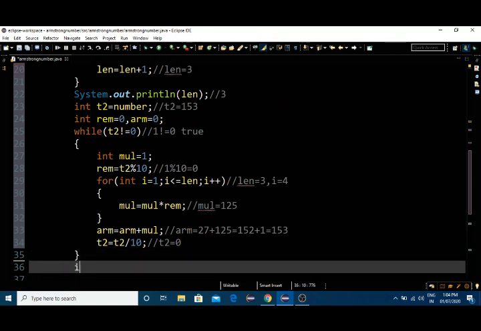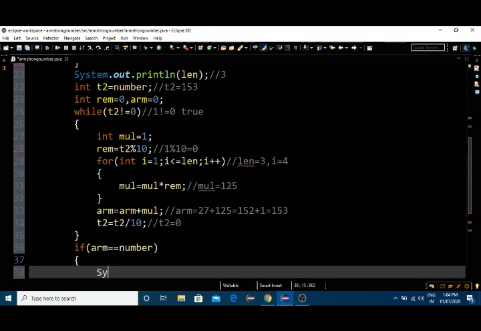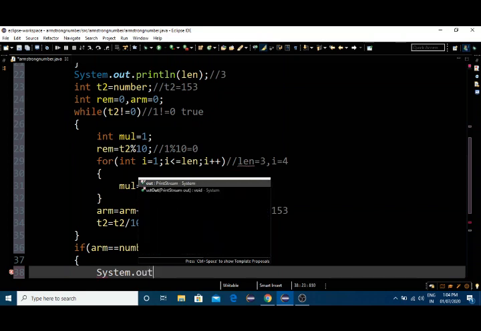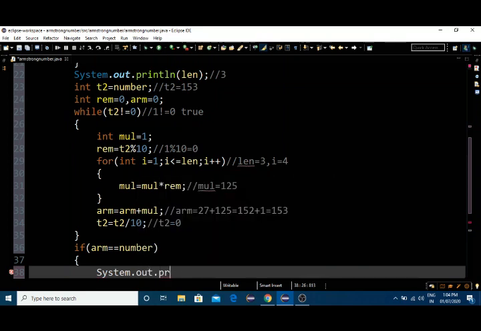After this we are going to check the condition whether these two numbers are the same or not, so arm is equal to number. If this condition is true, I am going to print System.out.println of number plus " is an Armstrong number".